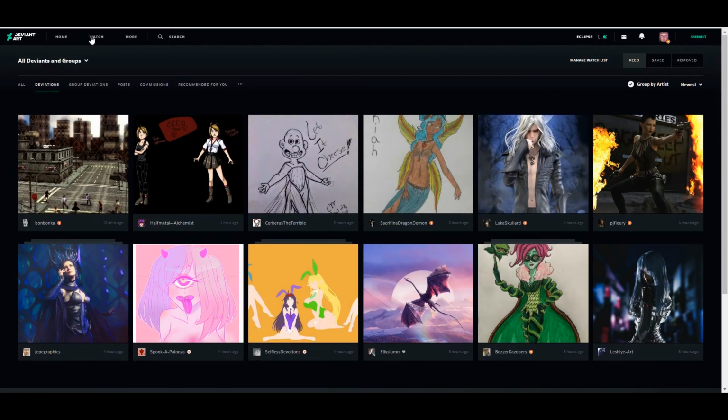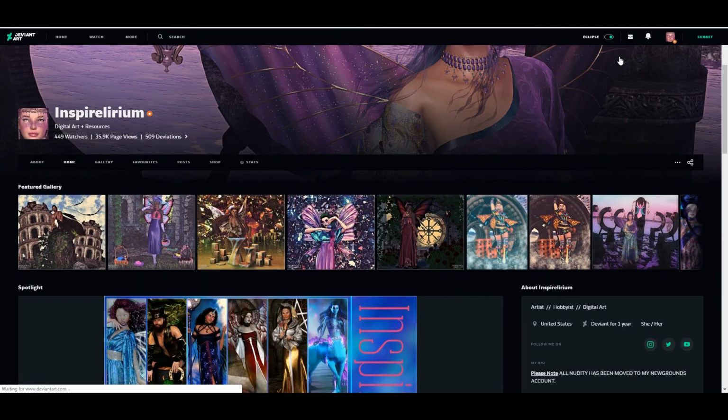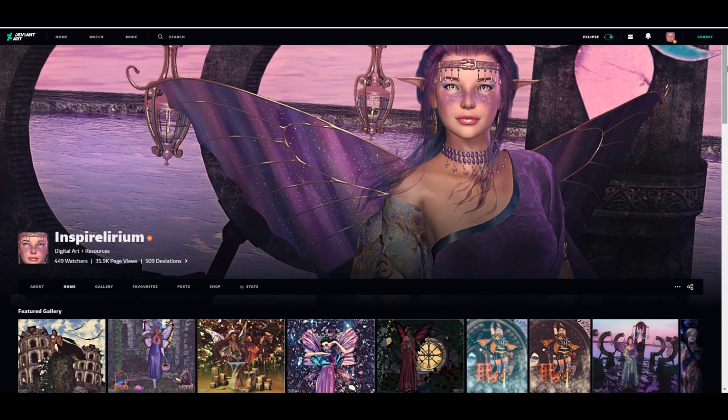and separating the watch, basically so you can see what your watchers have posted. I do actually like that concept. It is rather a simple layout, and I do actually like it, the fact that it does focus more on the art. And as you can tell, I did actually change my layout just recently